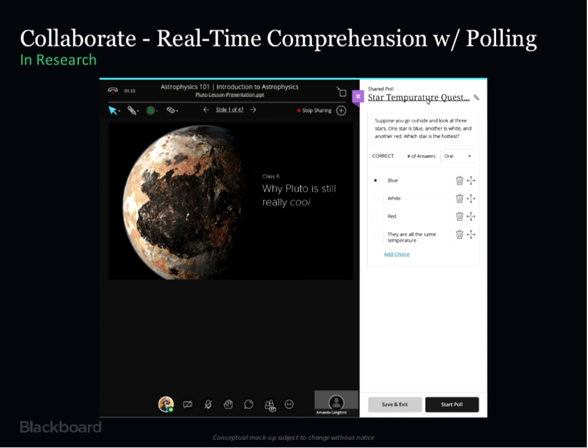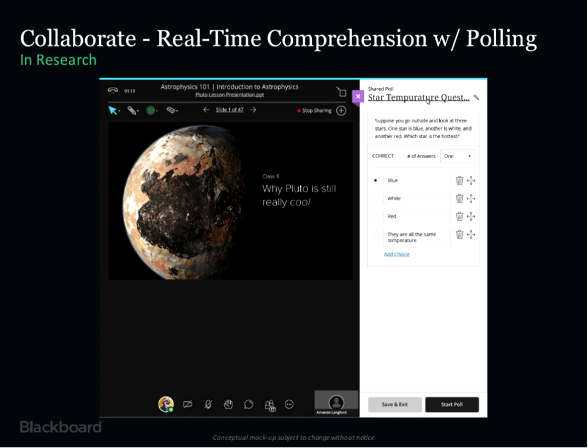In research at this point, which basically means we are in the process of designing it, speccing these features out, is real-time comprehension with polling. So different than version 12, for those of you who are familiar with it, polling is really treated more like content within the context of a session. So you see here in the image on the right-hand side the process of creating a poll. Very, very simple. It's very much in line with the Ultra design language that Wade was talking about from a theming perspective. So you'll start to see continuity between Blackboard Learn with the Ultra style theme and Collaborate with the Ultra experience.